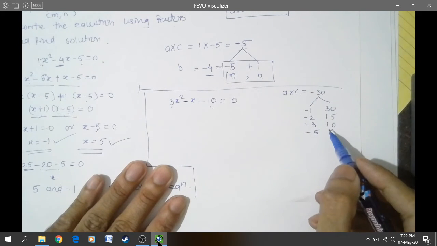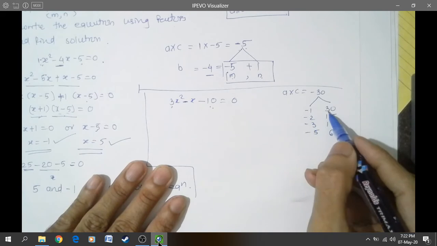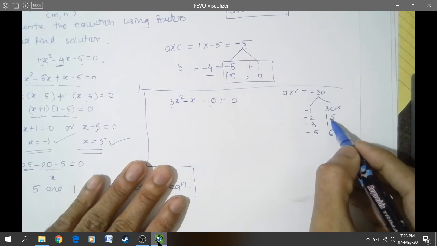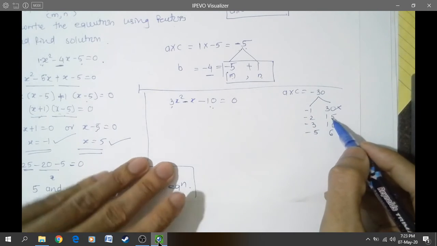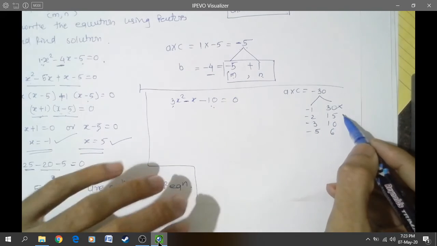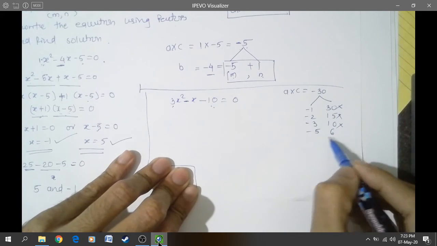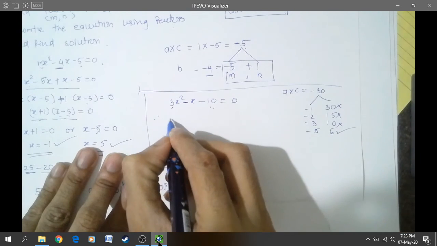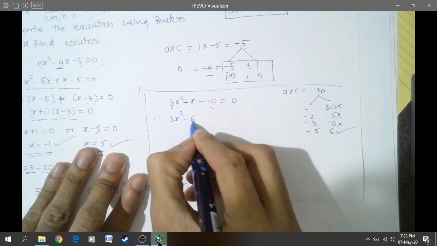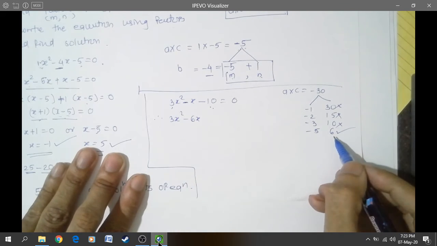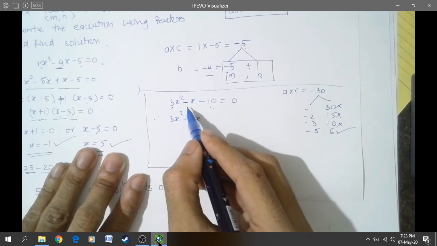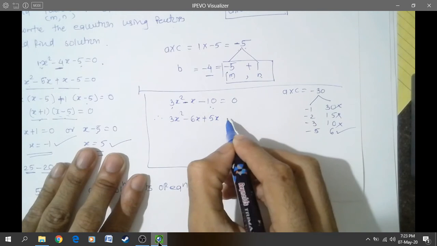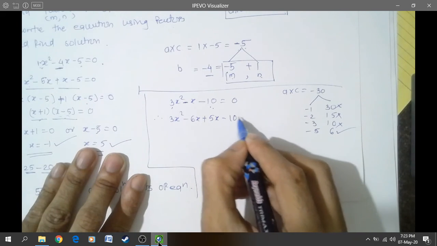One of these factor pairs should add to minus 1. If the addition of minus 1 and 30 can come minus 1, no. So this one is cancelled. Minus 15 and 2, it can come minus 13. No, it is also discarded. But minus 6 plus 5 can be used. So how can we use it? 3x square minus 6x plus 5x minus 10 is equal to 0. I am giving minus to the bigger number because it has a minus 1. When we give minus to the bigger number, the minus sign comes, right?